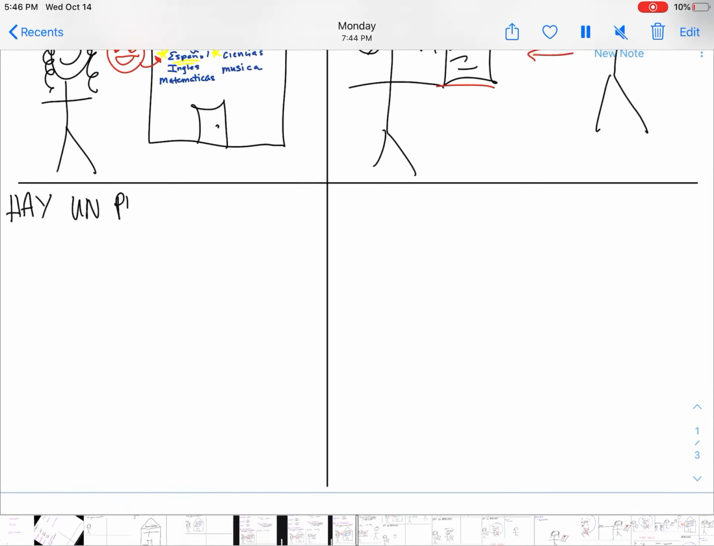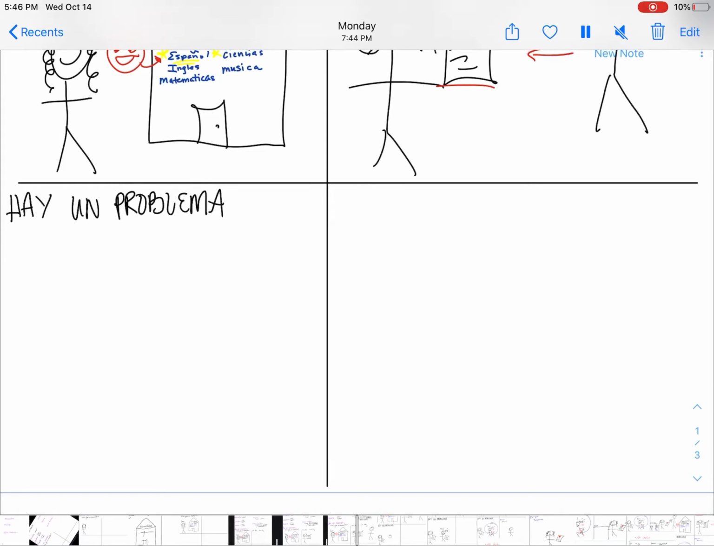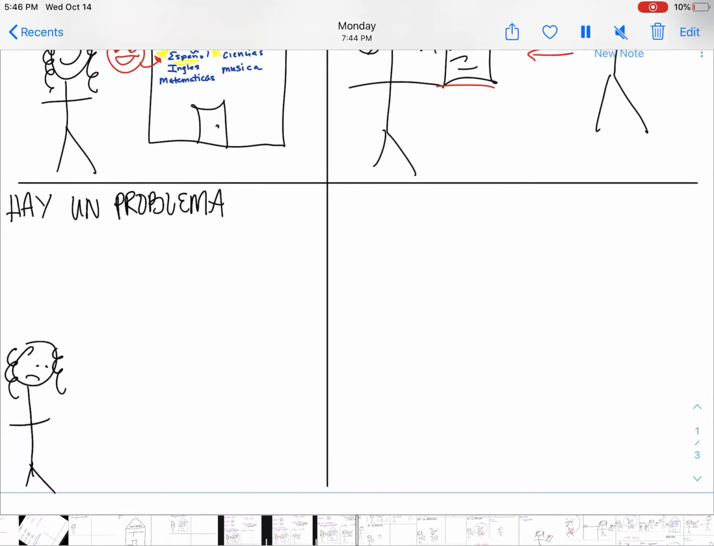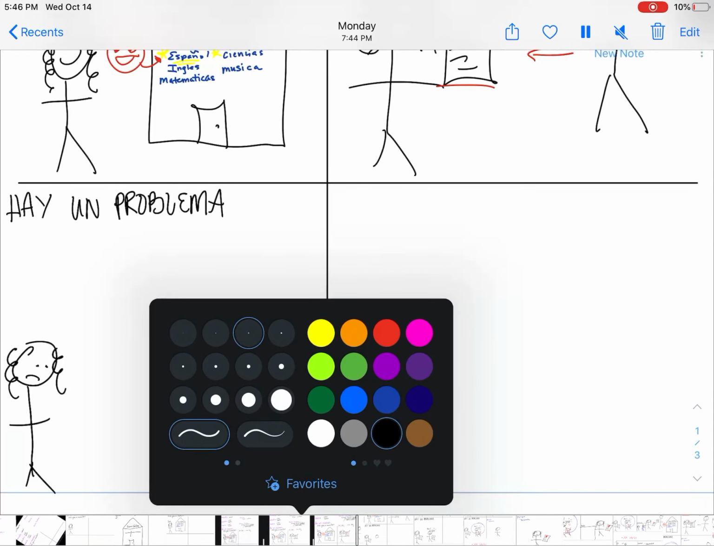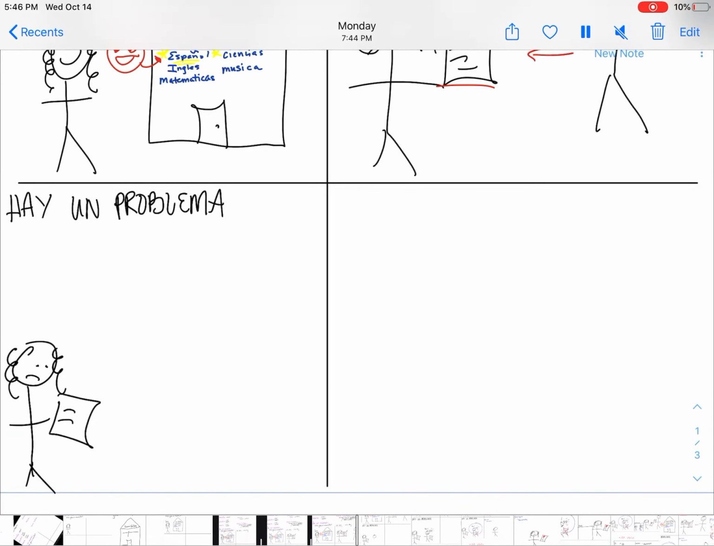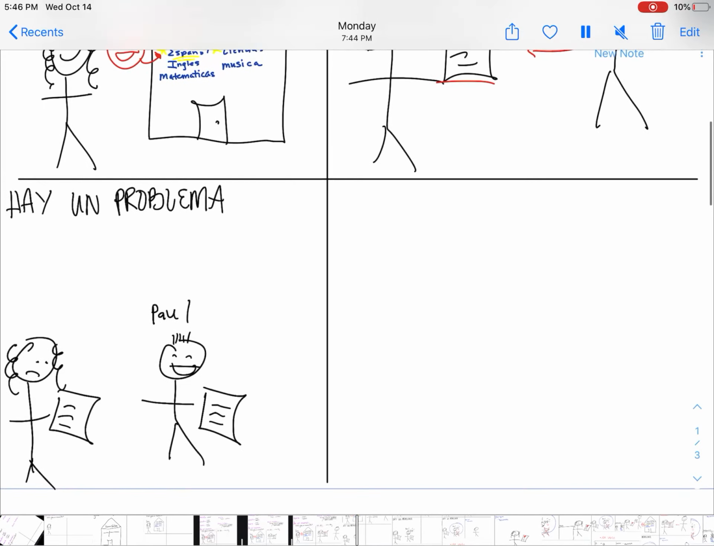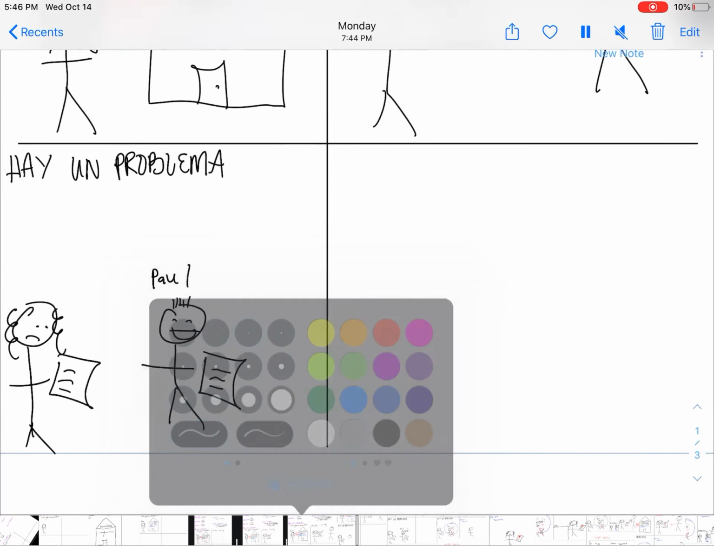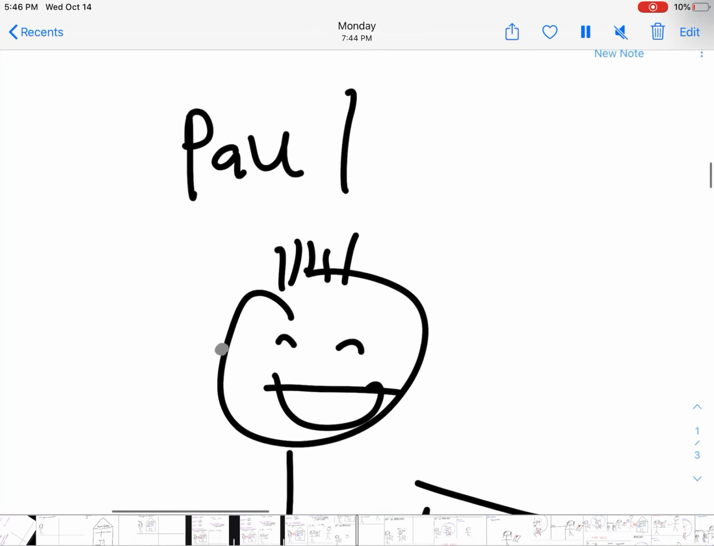Okay, Siri thought I was saying something, but clase, hay un problema. Durante el examen, so during, right? Durante el examen, hay un otro estudiante en la clase. Es Paul, okay? Y Paul, durante el examen, escucha a música en sus AirPods